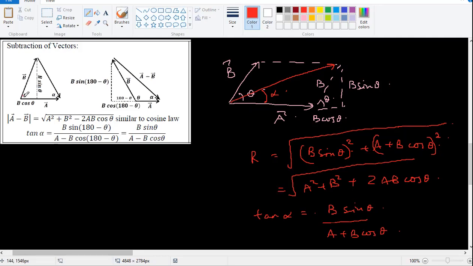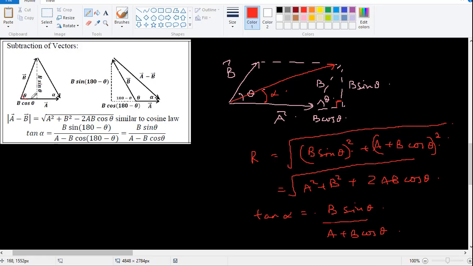So look at this. This is theta. So if I take a line over here, I am interested in finding a right triangle. Why? If I find a right triangle, I can use my Pythagoras and I can use my tan alpha. Without a right triangle, I cannot use Pythagoras and I cannot use the tan alpha formula. So I'm trying to find a right triangle here. So B theta, which means this is opposite side, B sine theta. Anybody not following? Opposite side is sine theta, adjacent side is cos theta. Adjacent means nearby. So this is nearby. This is opposite. So this is B cos theta, but this is falling inside the A, which means this has to be A minus B.